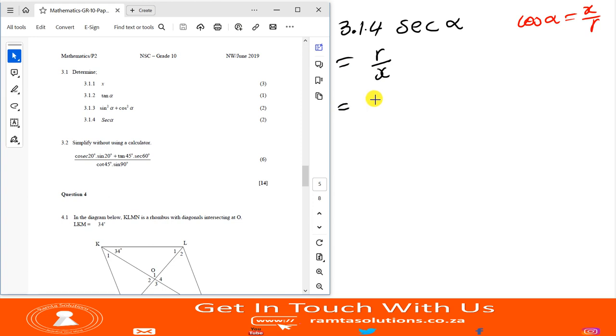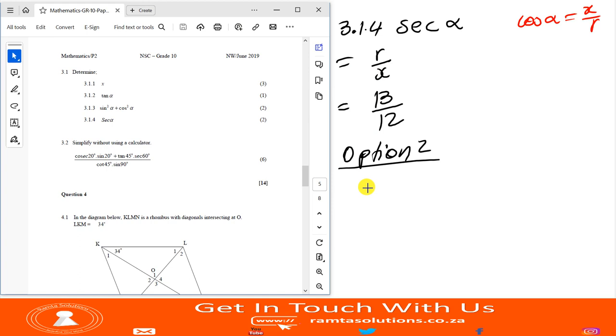R was 13. What was x? X was 12, right? And that's how we roll. We can say this is our answer. Or let me try option 2 for this one. Option 2 for this one would be